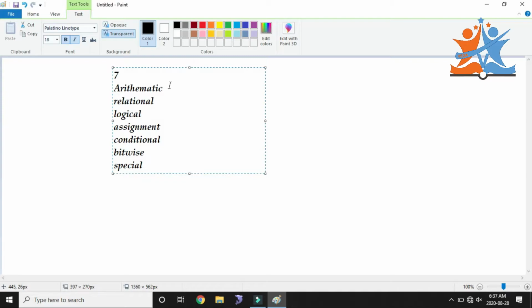So we will see what these 7 operators are, and what symbols we have in these 7 operators. First, the arithmetic operator, relational operator, assignment operator, logical operator, bitwise operator, and the special operators we have. So for arithmetic operator,